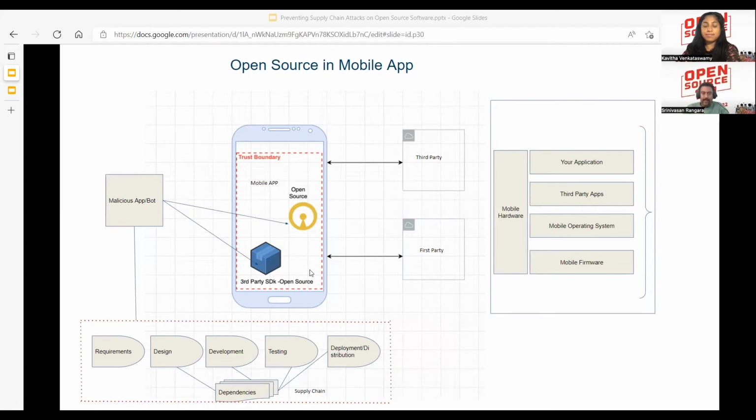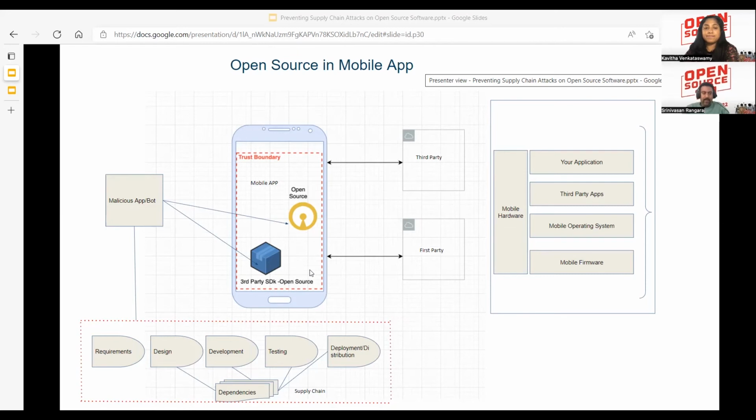So here we also have to note that dependency doesn't just mean the open source dependency, it is also a dependency on the third-party services. So what we have to essentially see is how is your third-party SDKs being integrated in the production system? Does it have a dependency on the third-party service? And how does the third-party service protect their SDLC process or their supply chain system? And the third-party SDK service provider might also be integrating with the fourth party. So there is always a potential of a supply chain attack through the fourth party.